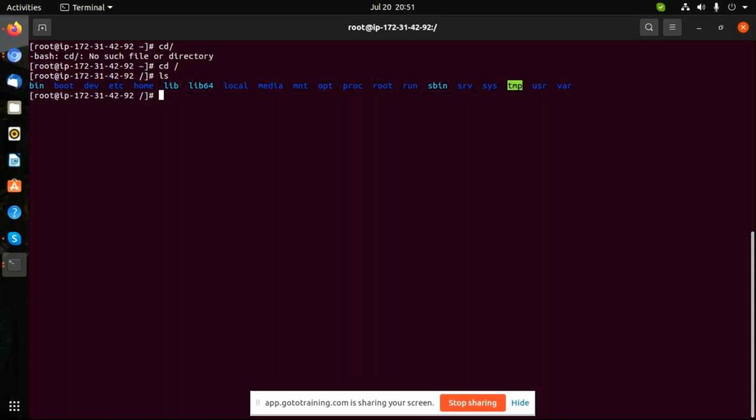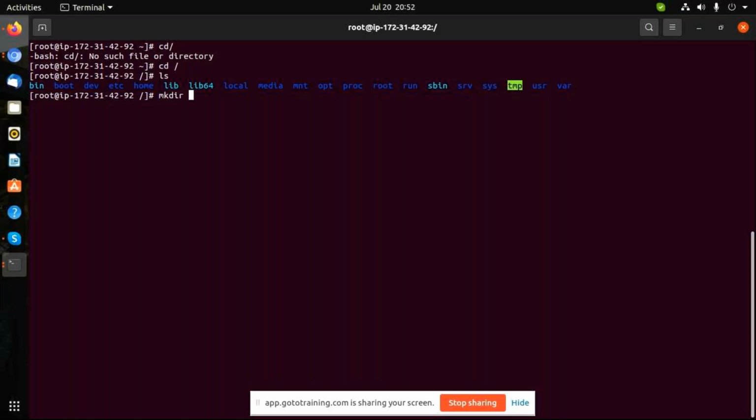Now let's create a folder. So guys, how do we create folders in Linux? mkdir, which stands for make directory. Most of the time commands are in the form of the action which you are doing. mkdir means make directory, guys.